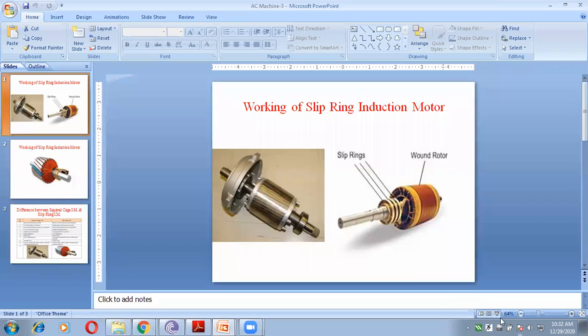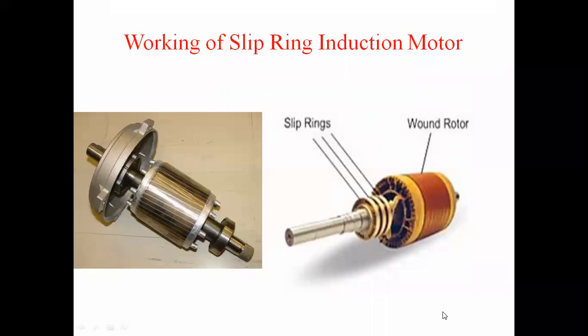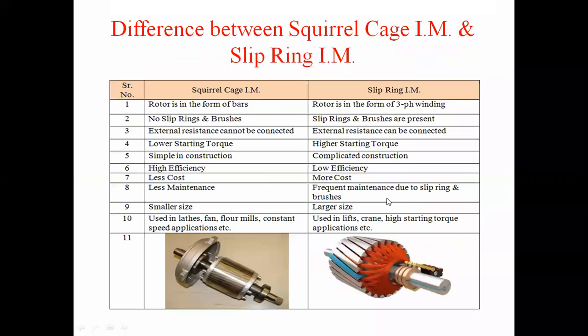Okay, so as I said, the working of the slip ring induction motor. These are the slip rings, which are connected to the wound type of rotor, which is connected to the winding of this slip ring induction motor. So all windings are brought together to connect to the slip rings. This is the difference between the squirrel cage induction motor and the slip ring induction motor. As I said, in the squirrel cage induction motor, the rotor is in the form of bars, while in the slip ring induction motor, the rotor is in the form